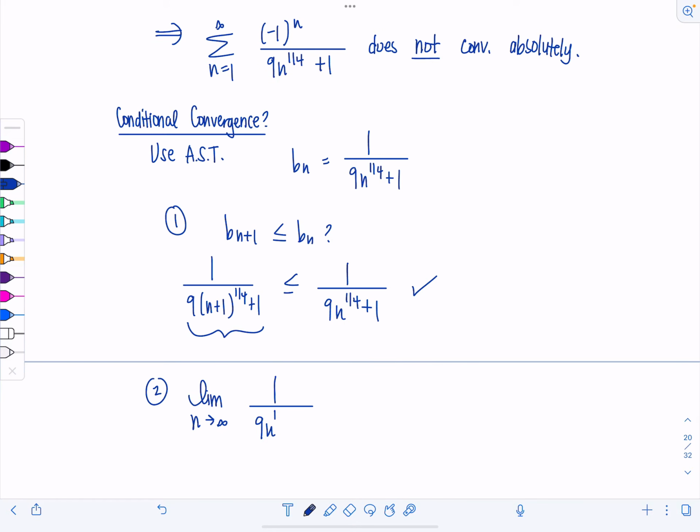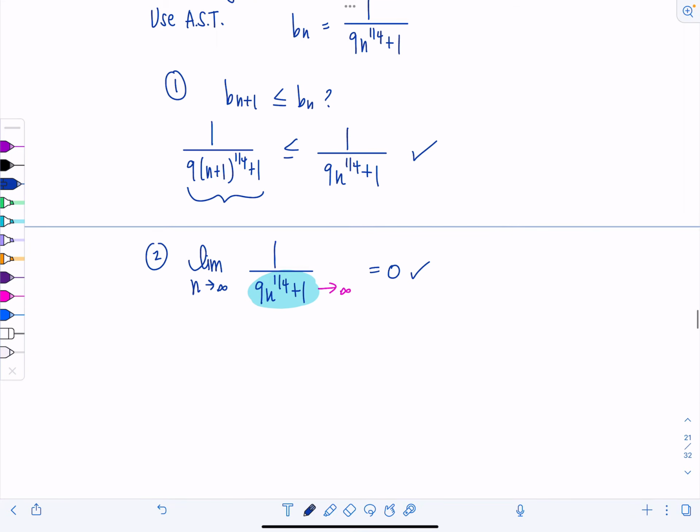Perfect. And then the second condition I need to check is the limit as n goes to infinity of B_n, 1 over 9n to the 1/4 plus 1, goes to 0, which it does. This denominator is going to infinity, so this whole thing's going to 0. Woo! So then that tells me that the sum, n equals 1 to infinity, negative 1 to the n over 9n to the 1/4 plus 1, converges